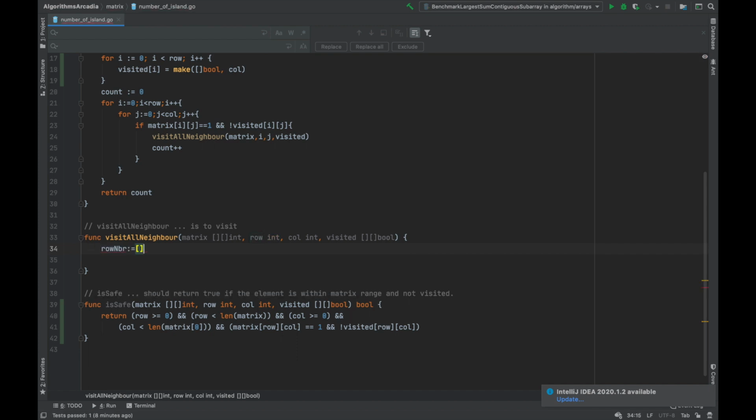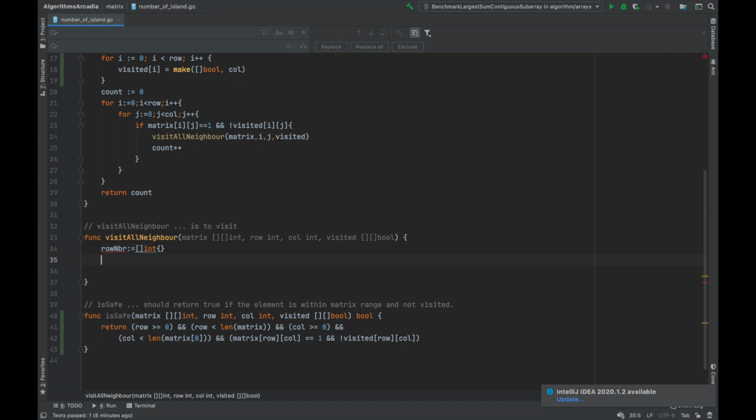Okay, so what is my row number? It's more of all the possible elements. The column number will be the same. Now, what are the possible neighbors of an element?